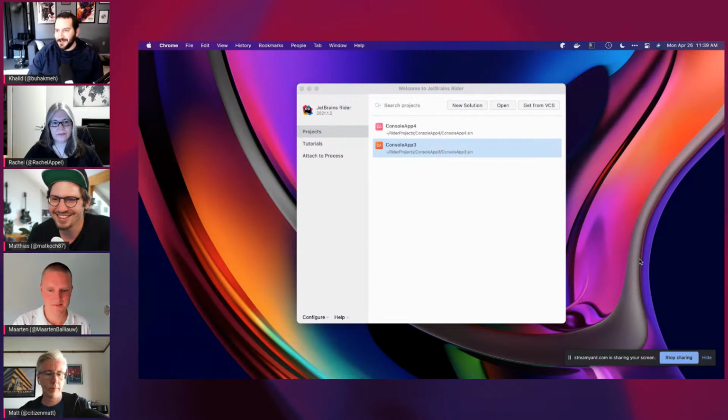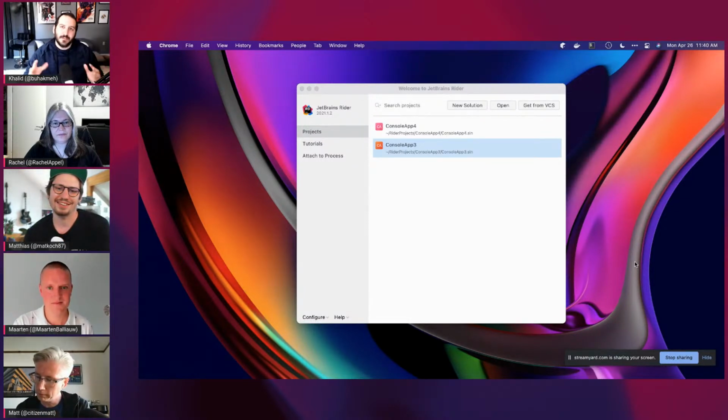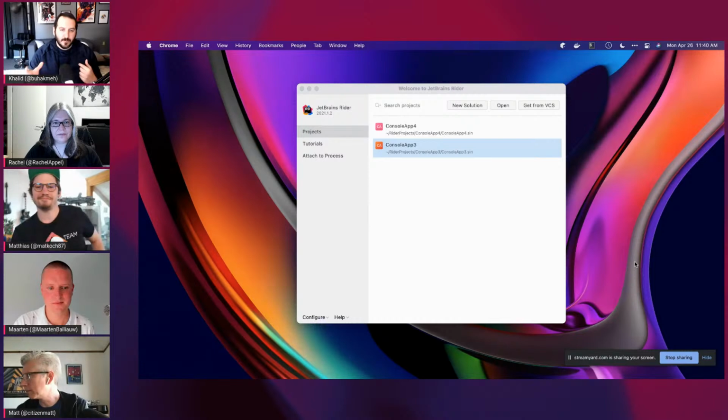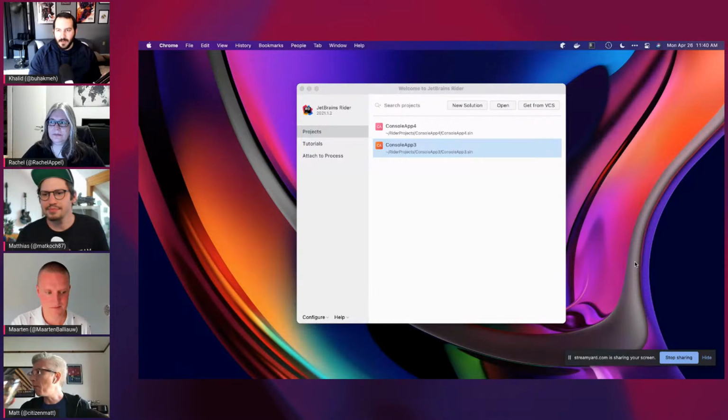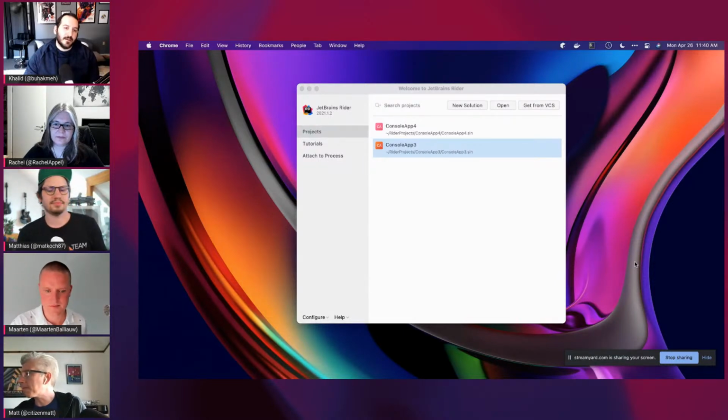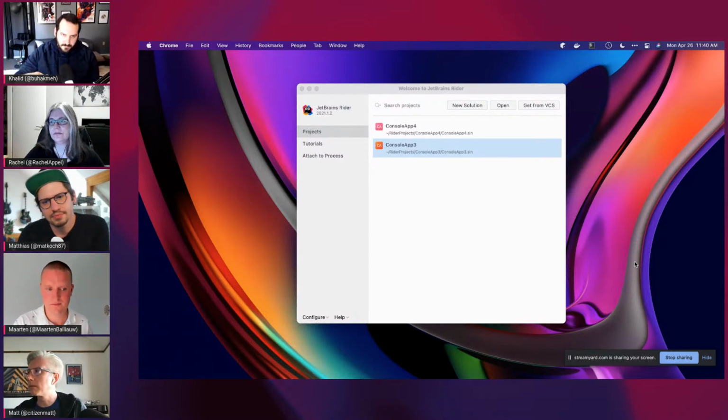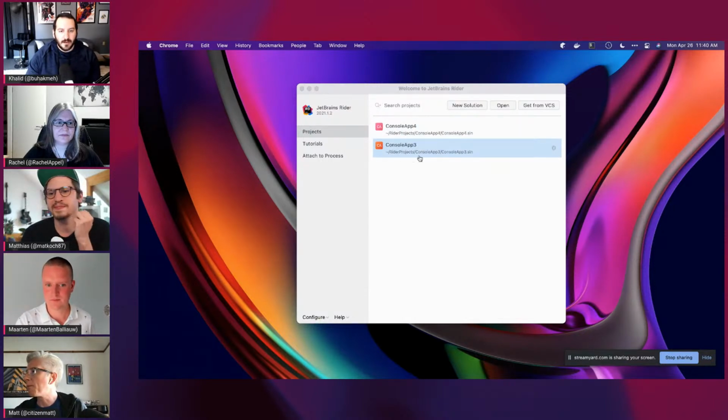All right, cool. So I've actually written a couple blog posts about Docker, and I've also done a JetBrains guide tutorial on Docker specifically for .NET developers. So hopefully we can leave a link in the description below to that guide. I think it's really helpful. But to get to the specific feature in the latest version of Rider, from the welcome screen,